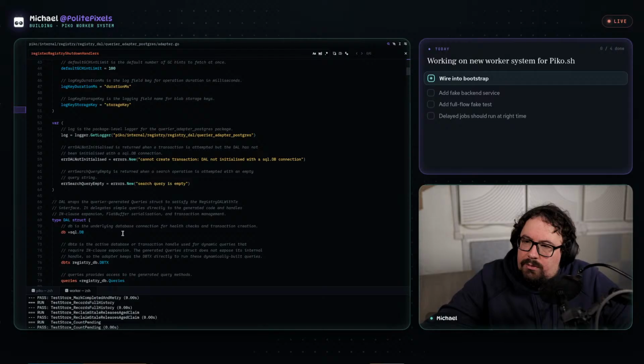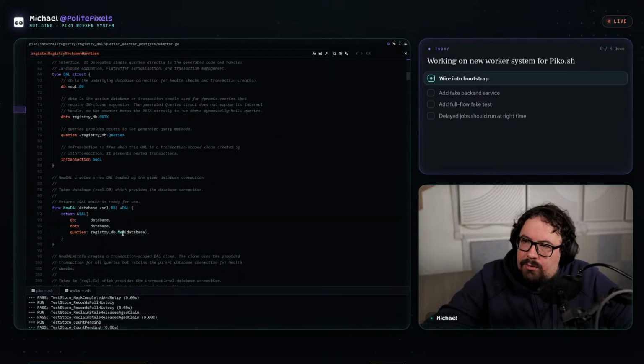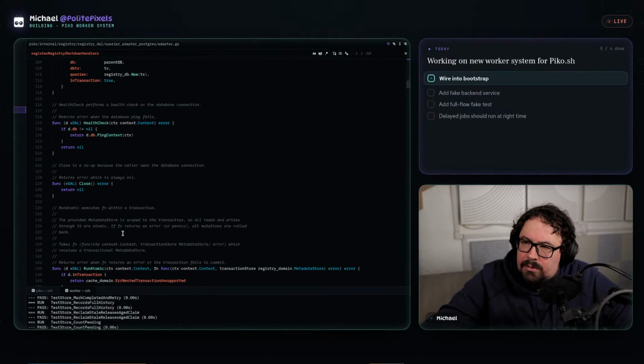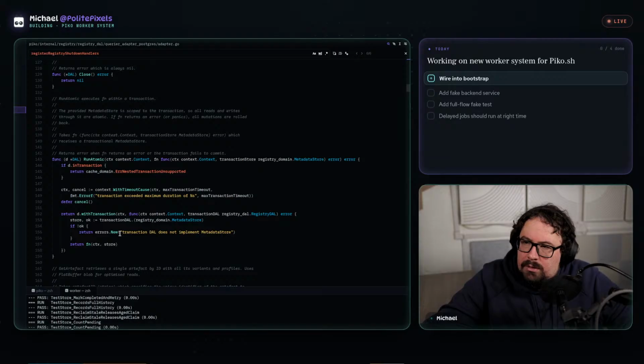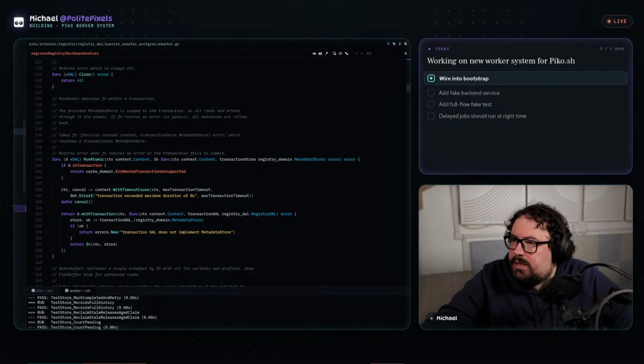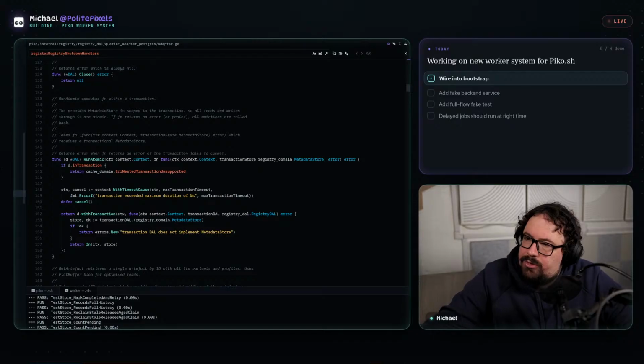I'm trying to remember why I have two adapters, because in my memory it was one shared adapter. Same for the orchestrator.